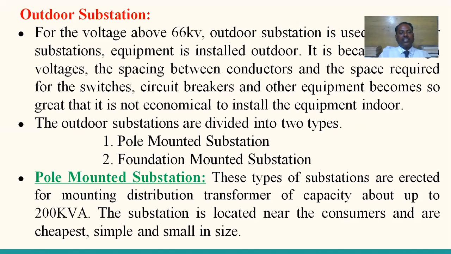So what is a pole mounted substation? Generally, there are 4 poles located, arranged in the ground in a square shape, and in the middle of the poles there may be an arrangement like an H shape. The transformer is mounted on the H-shaped steel rods, so that without touching the ground, the transformer functions for converting high voltage into low voltage.